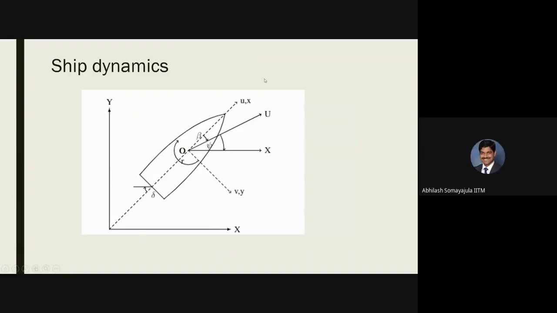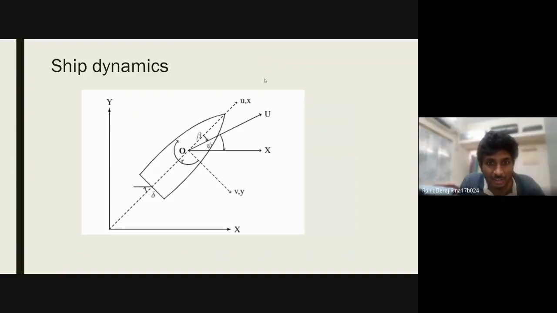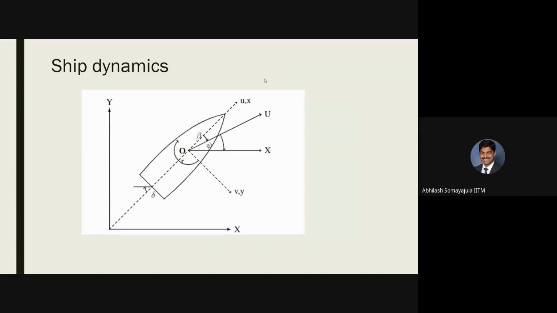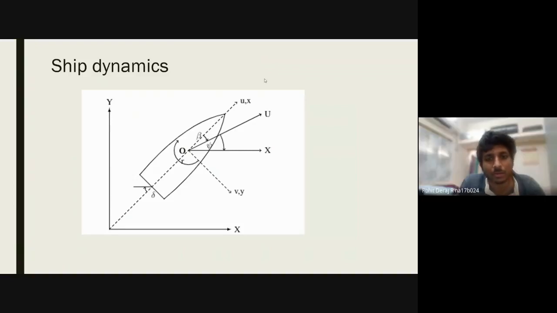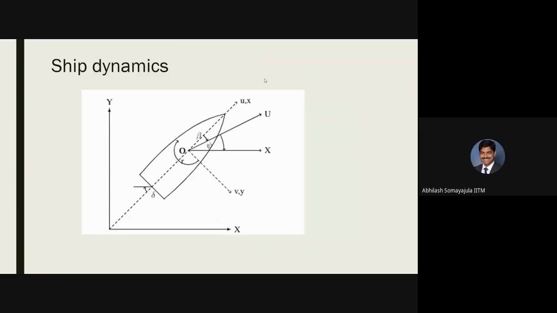Are you sure this convention is right? Usually when we talk about psi or the heading, it is with respect to your longitudinal axis, with respect to the x-axis. The heading angle psi is defined as the angle between the positive x-axis of the GCS and the current heading of the vehicle, which is the longitudinal direction, isn't it? That is what psi is.